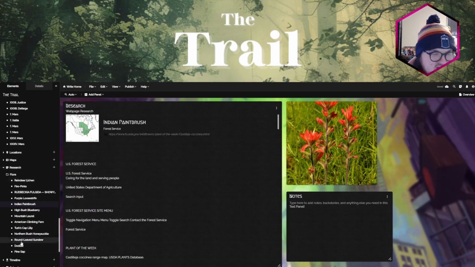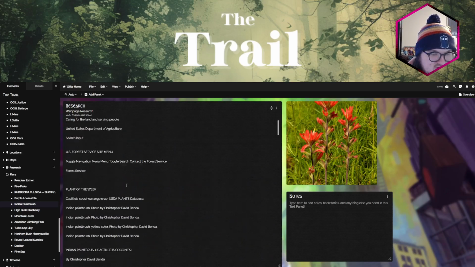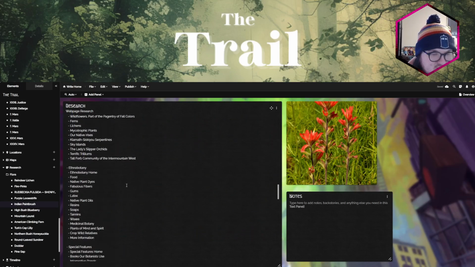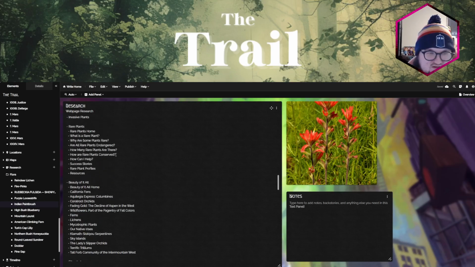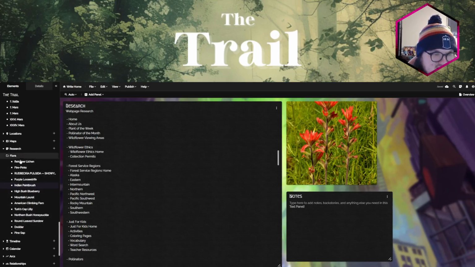But yeah, research you can use for anything. You can put just pieces of information you have looked up. You can also link it to a web page, like I've linked pages about each plant here. You can see this just imports the text from the web page, which is a nice handy way to have all your research in one place and not have tabs of different research and stuff. It can be really helpful for anything that needs a lot of real world research to back up what you're doing.